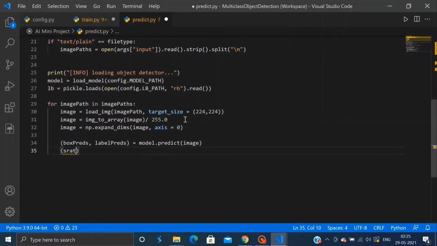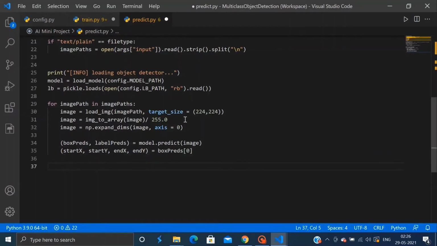So all the coordinates, start x, start y, end x and end y will be extracted.